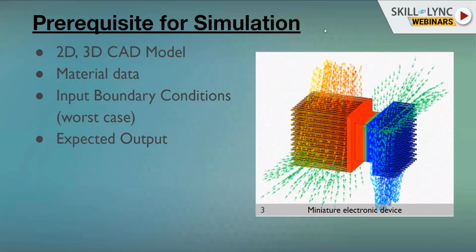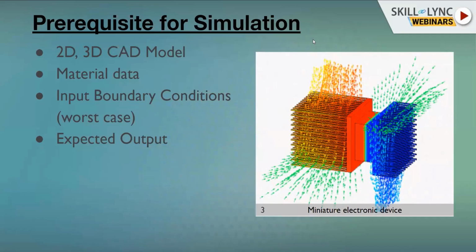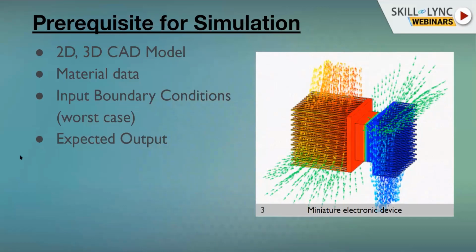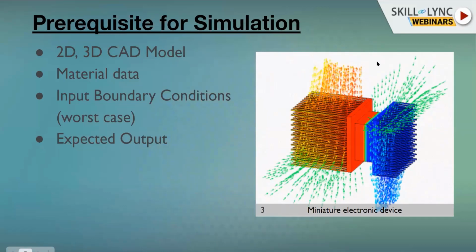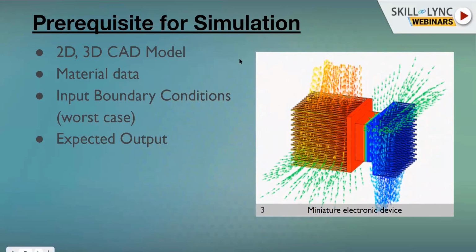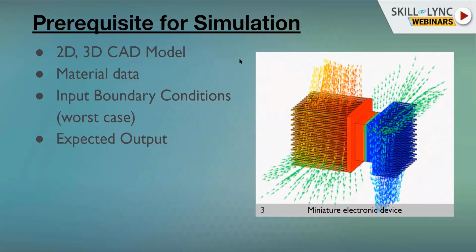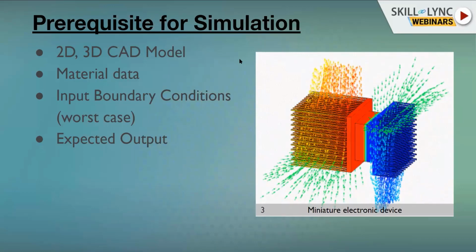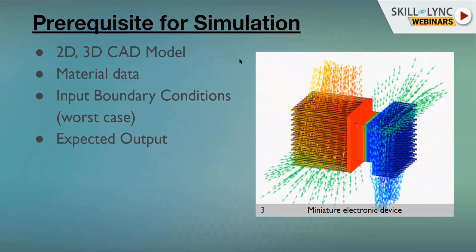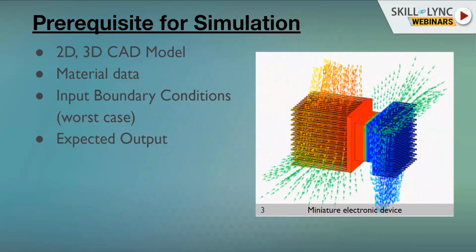So what I was trying to say, when we get a design requirement, the first thing which we create is a CAD model, 2D and 3D, two-dimensional and three-dimensional. The second is material data. If I go for an aluminum heat sink in the market, it's readily available, so I can directly download the sheet and order the aluminum heat sink. Selection of materials is an advanced option we can think of later, but now the readily available material we can easily grab from the market.